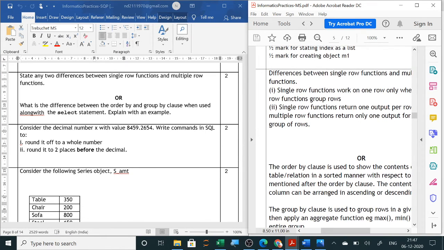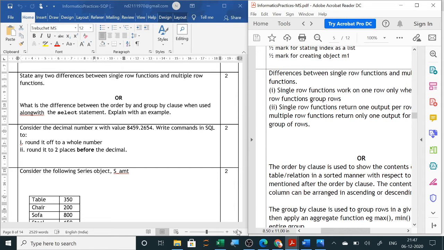Single row functions, used with the where clause, include all the string functions and numeric functions. Multiple row functions are your aggregate functions: max, min, count, avg, sum. Whenever functions are executed on multiple rows, they are multiple row functions. Examples are max, min, avg, count and sum. You have used them with group by or without it. Single row functions are all the string and numeric functions.